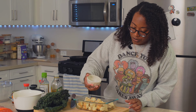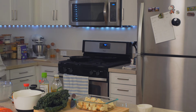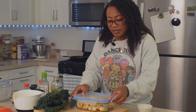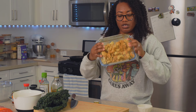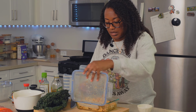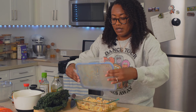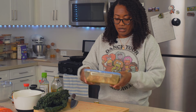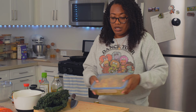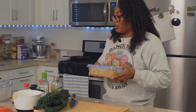And then all I have here is some cornstarch with some garlic powder and some coriander. So I'm going to sprinkle that on. Actually, before I sprinkle that on, let me get my marinade soaking in. So let me grab my lid. Sorry, she wasn't fully prepared. And then I'm just going to give this a shake, just so that everything can coat and you can see how it does that there. And then I'm gonna add my cornstarch and spices. Give that a shake, just so everything gets coated in the cornstarch and all the flavors. And then I'm actually gonna let this just sit and chill for about 10-20 minutes, so that the flavors can seep in, and then I'm gonna bake it. So let's put that off to the side